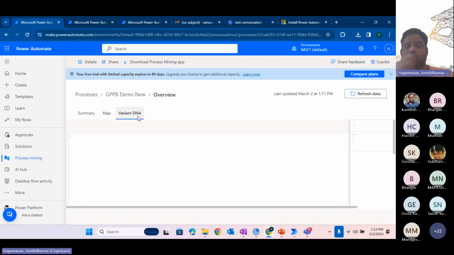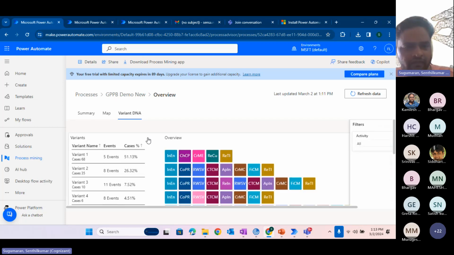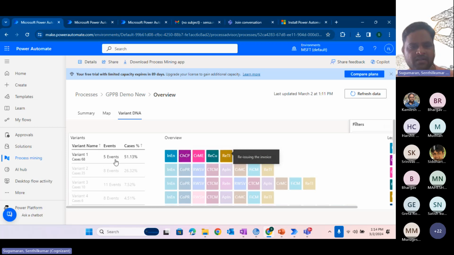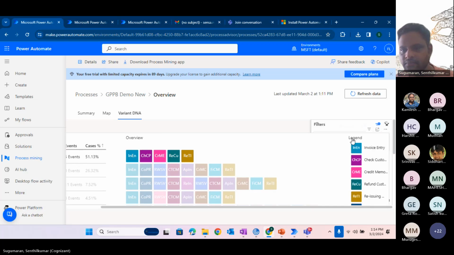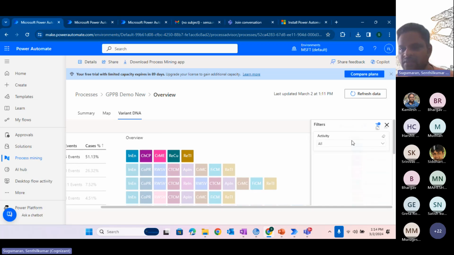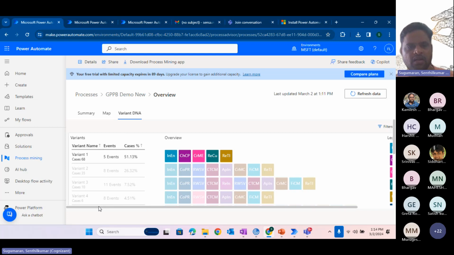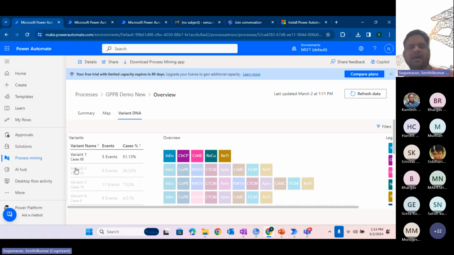It also talks about the different variants. Variants meaning one case can have a proper flow, and one case may have a different combination of flow. So if you look at this, I have a variant of individual process. This combination itself, I had 61 variants over here. And I think you have a legend. So these are all the different variants I have for that particular data,